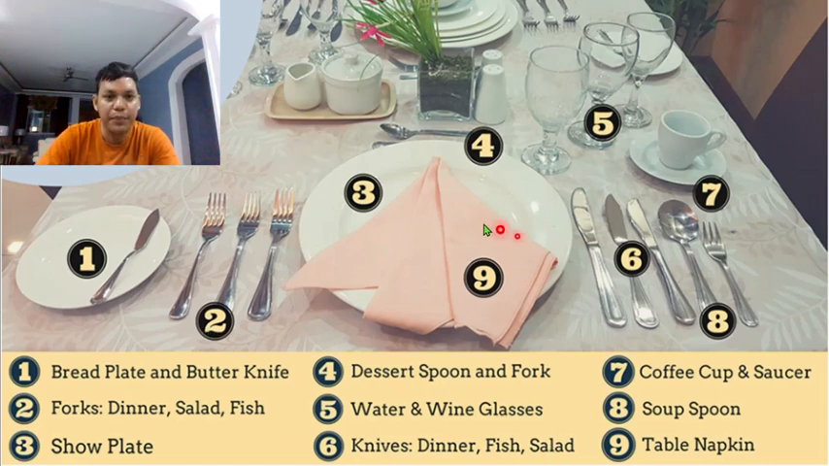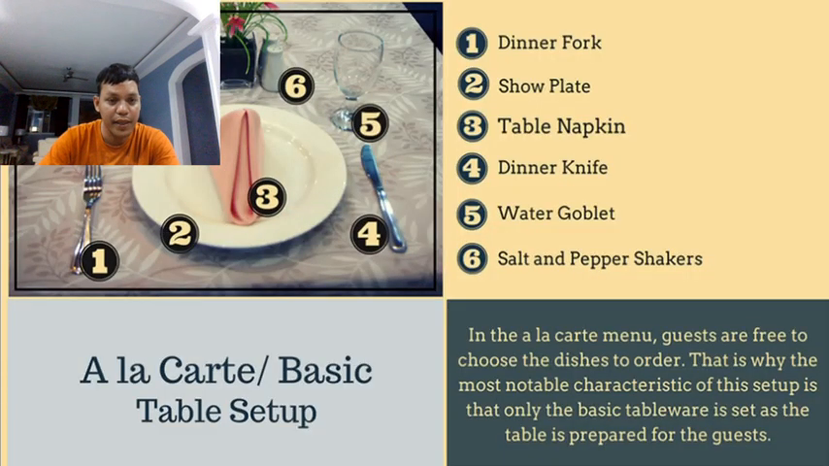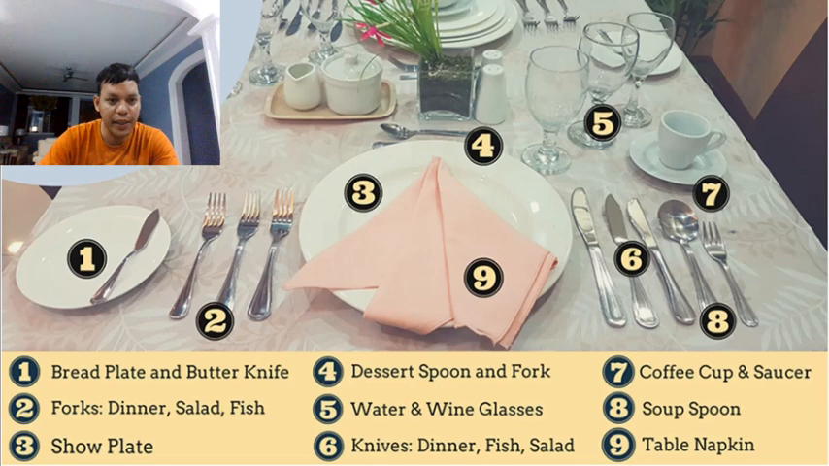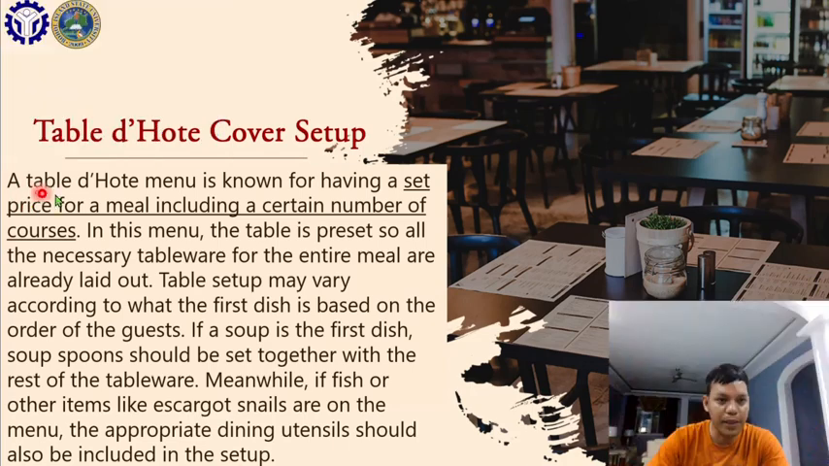Usually it is a set price, just like we have discussed in a previous lecture. They have a set price, for example, for a wedding or any occasions. So they have a set price, not an a la carte. Again, what is a la carte menu? The food and the price is specific. For tableau or set menu, the price is set. We already have a dessert, appetizer, soup, etc. That is a set. So the tableau menu is known for having a set price for a meal, including a